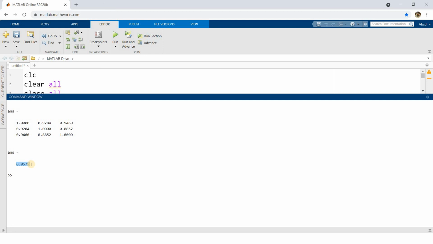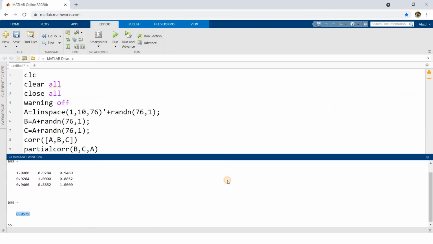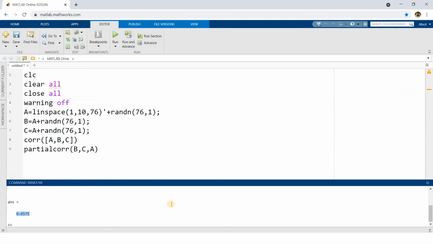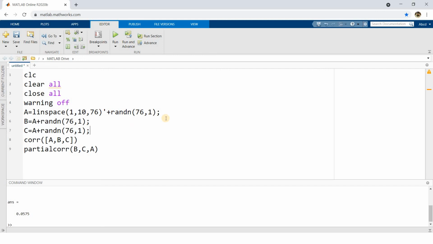So actually between B and C there is no correlation when we exclude the effect of A, and this is one of the simplest codes to get the feeling of the partial correlation concept. So try to understand the logic.